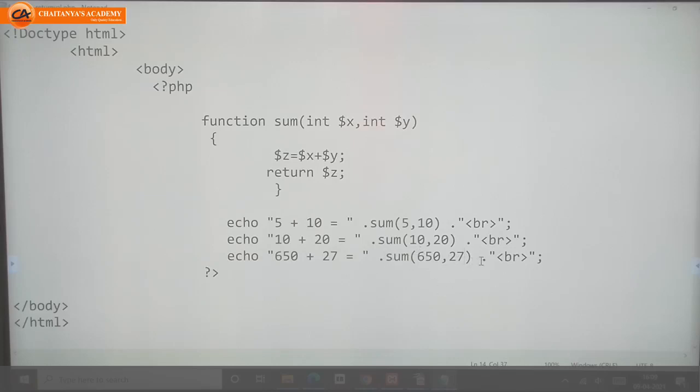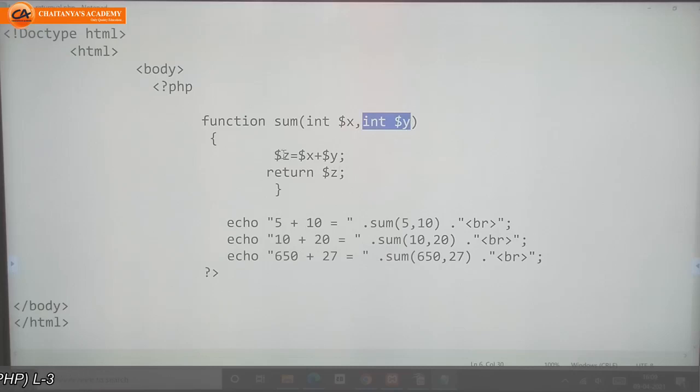Sum with arguments in brackets. When our browser is reading this program, at the time of interpretation, it will go to the function. It will read the data type of the variables, that is integer, whatever we passed here. It will take 650 as x and 27 as y.